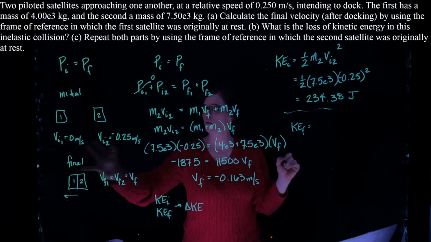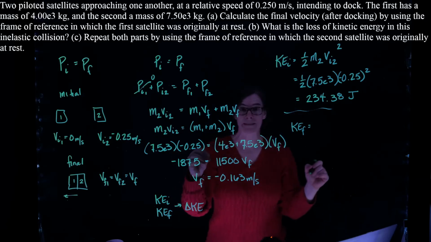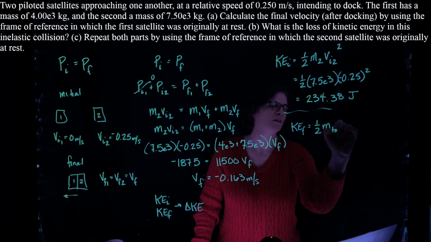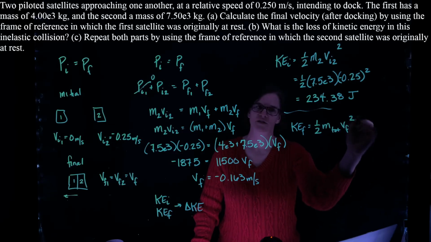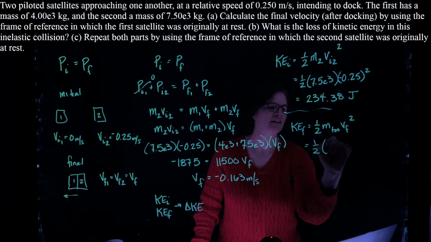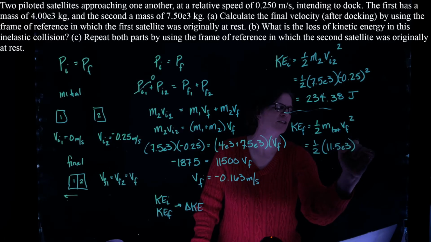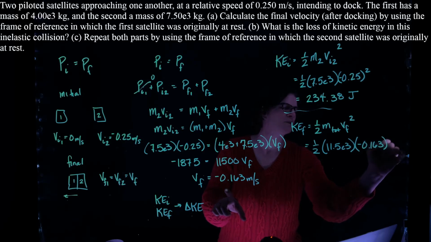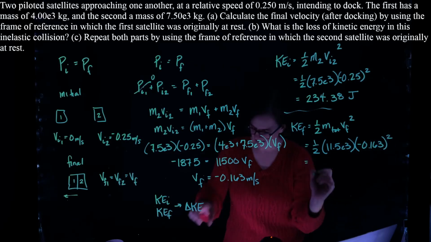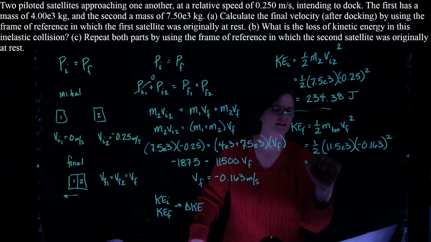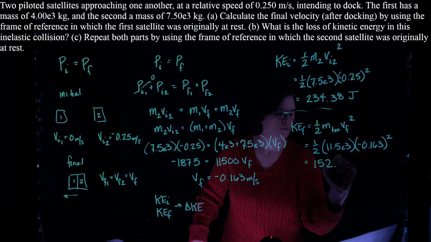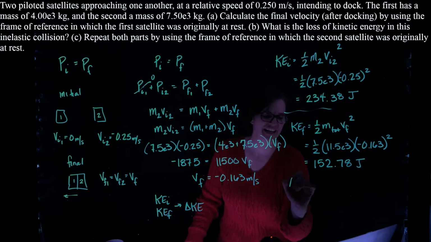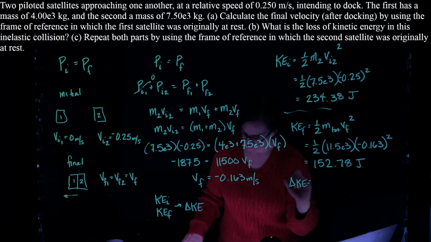Well, I have this whole system now moving together, so its mass is the total mass. So 1/2 m total times our final velocity squared. That's 1/2, 11.5 times 10 to the third, times our final velocity of negative 0.163 quantity squared. And our final kinetic energy then in this case is 152.78 joules. So my change in kinetic energy of the system is